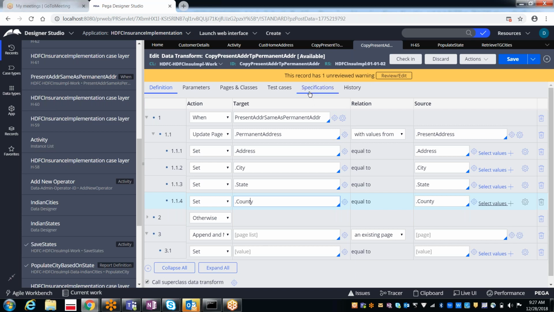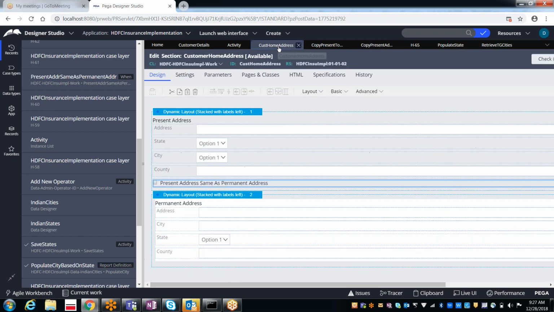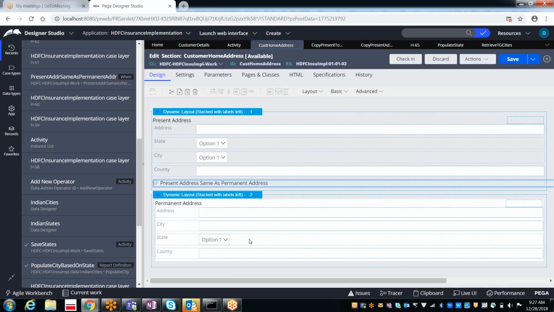Yes. Okay, nice. So this is all about the data transforms, and in the activities as well. Tomorrow we will be continuing with data pages. Where exactly will we be using data pages?